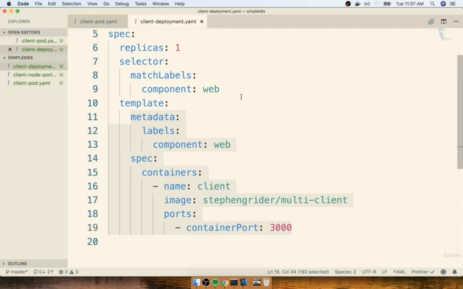Every pod that gets created by this deployment will have a label of component web, and it will have a container with the name of client and using the image multi-client with a port 3000 mapped up to that container. Now, besides the template